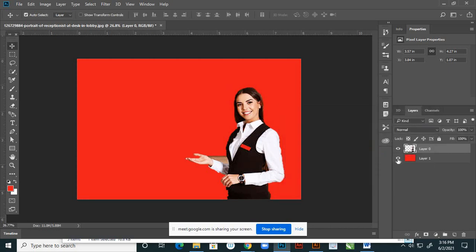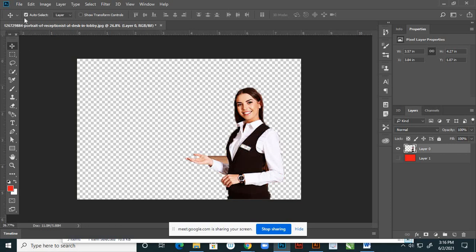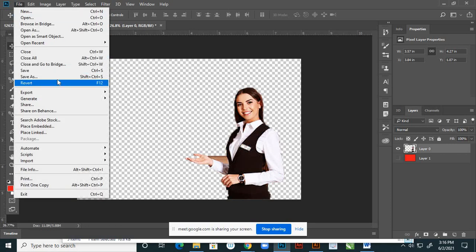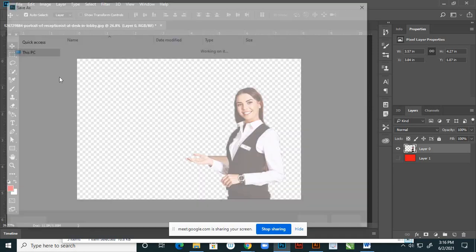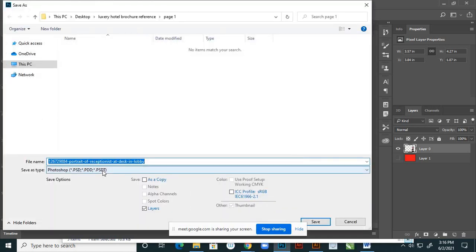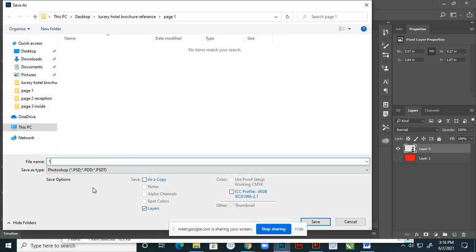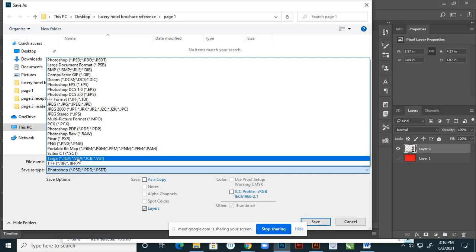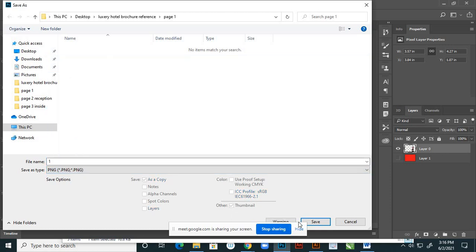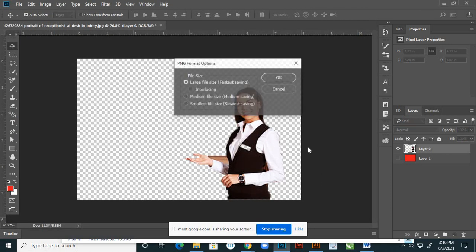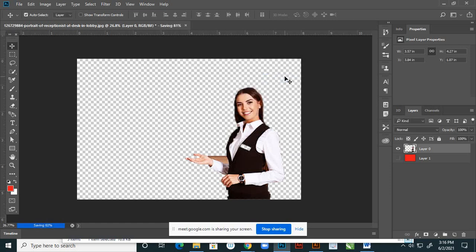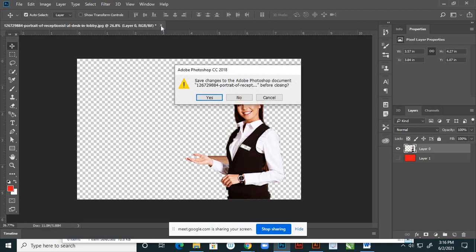And close this red color. I'm saving this with save as, yeah, not PSD. So here I'm giving 1, not PSD, I want PNG, right. Save. Yes, it is saved. Now you can delete this.